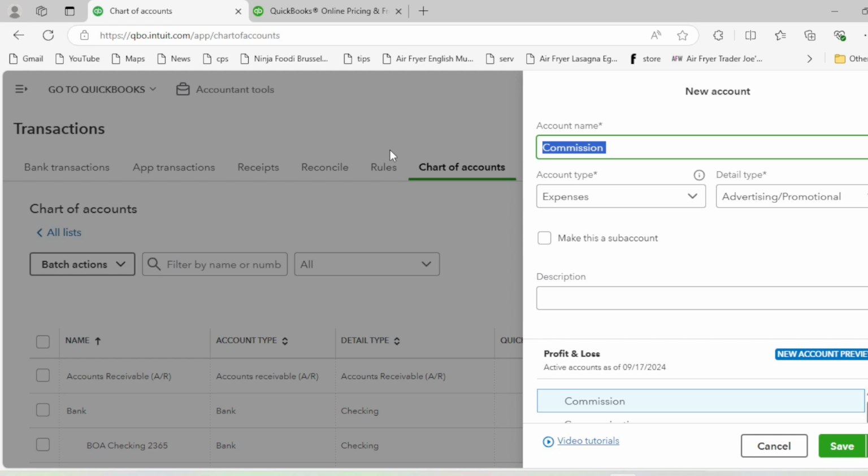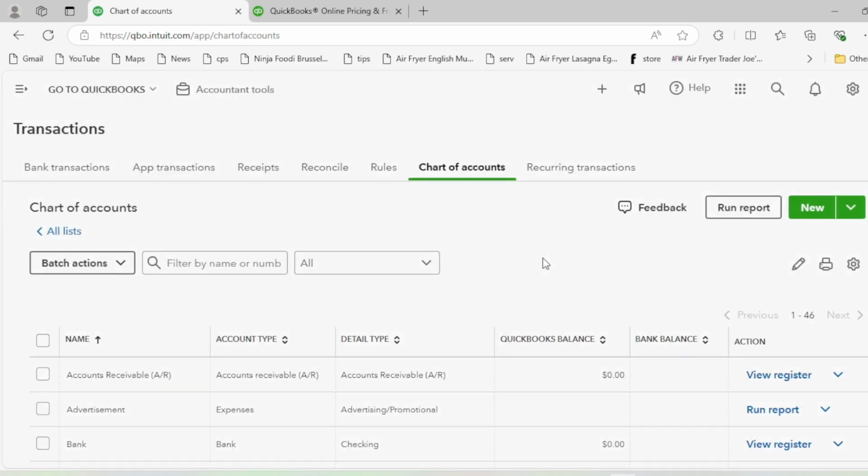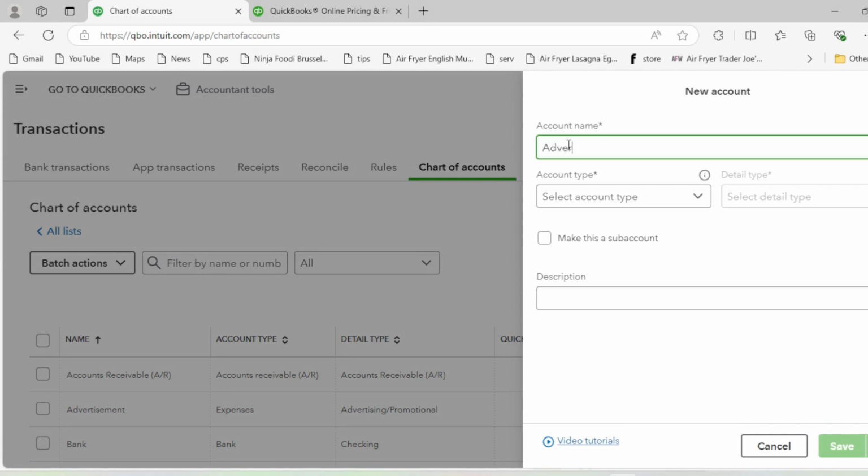Or maybe what we can do is make one parent account as advertisement, and then we can make a commission under the advertisement. Sorry, let's name it referral commission,